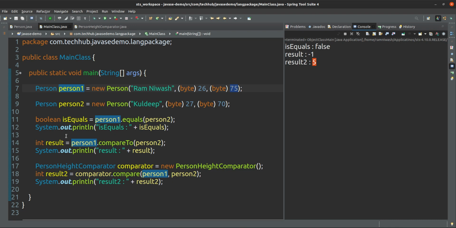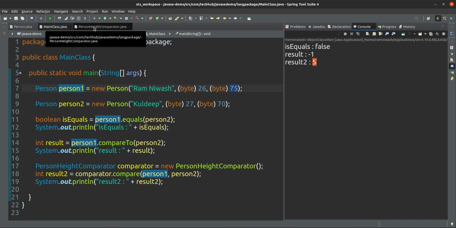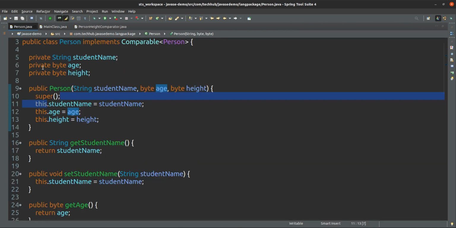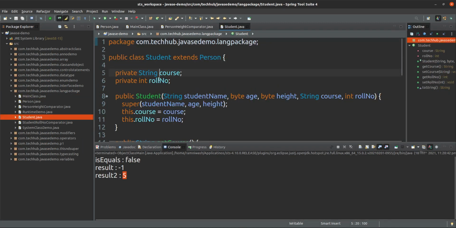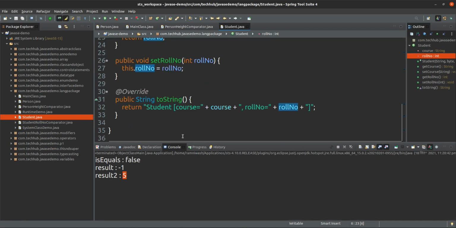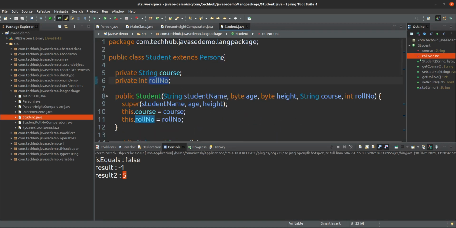That's it. So this is the use of Comparable and Comparator. And you can use a comparator for any class, no issue. Suppose I have another class, student. Inside student, roll number is there. I want to compare using the student roll number, and I have not implemented Comparable.